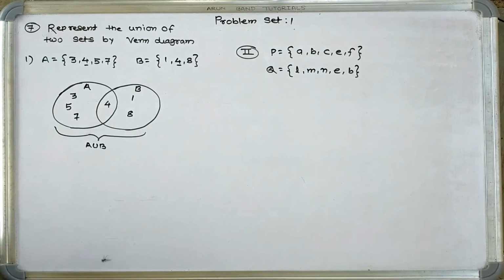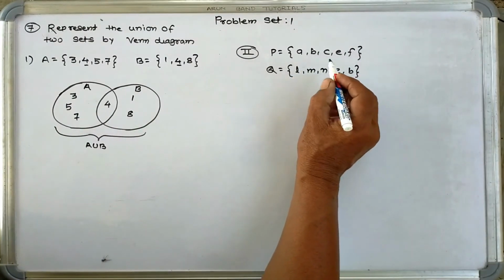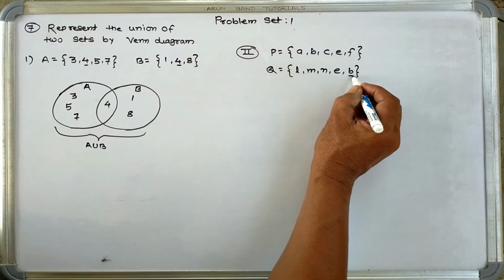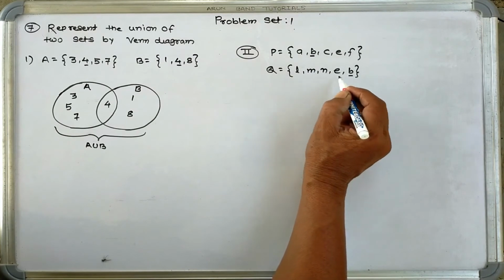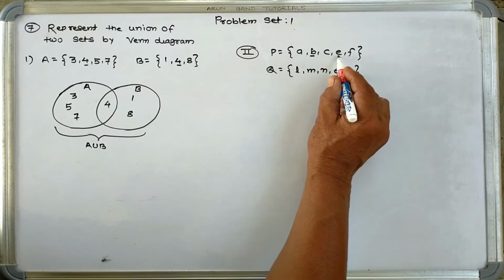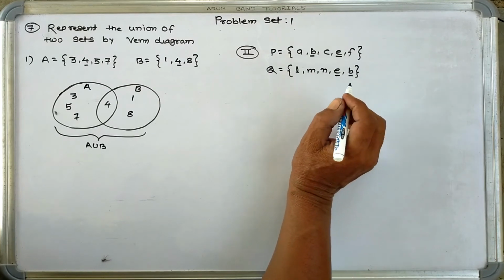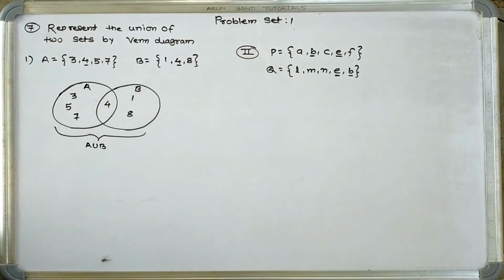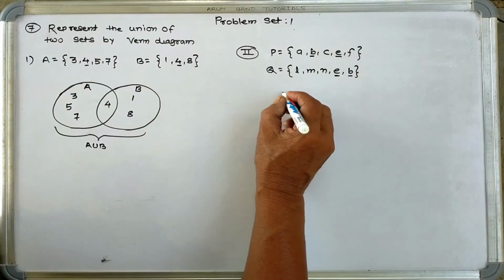First we will find out the common element in both the sets. So here we have A, here is no A, B, here is B, so we will tick. C, there is no C, E, here E is common in both. Again F, there is no. So here two elements are common in both the sets. So draw the two circles.